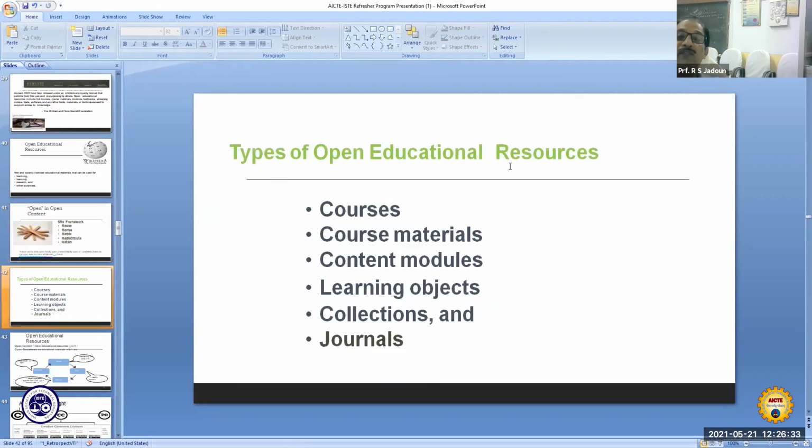So what different types of educational resources are available? Different courses, course materials, content modules, learning objects, collections, journals, all different educational resources are available.